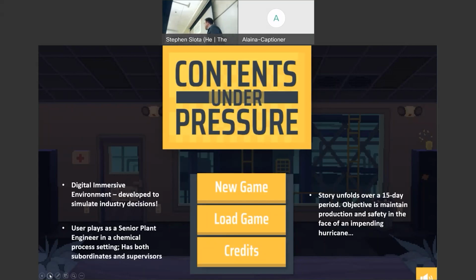The 15-day piece is because we wanted students to have some time to reflect. It's like a story that builds over time. The original way we have the game set up is that you would go through the day's worth of decisions, which might take 5, 8, 10 minutes of play time. And then it would lock you out and say, okay, come back tomorrow. You come back tomorrow, log in, the new day would start, and you do the same thing. It forced them to think about it in a little bit more realistic time stretch.